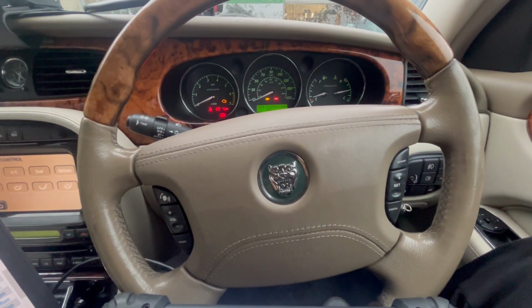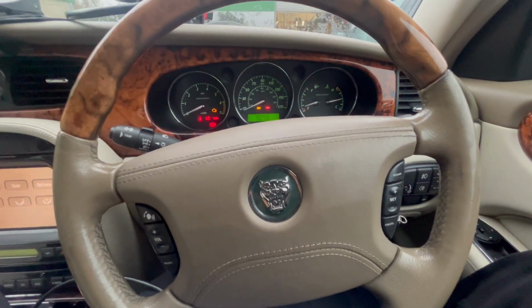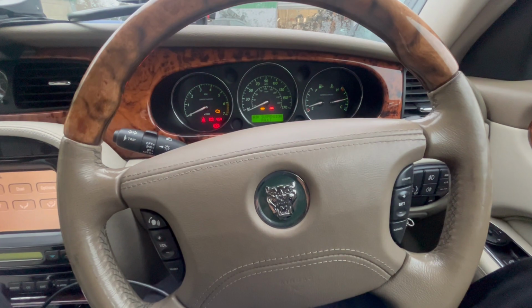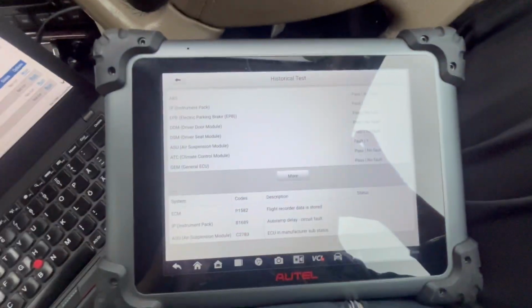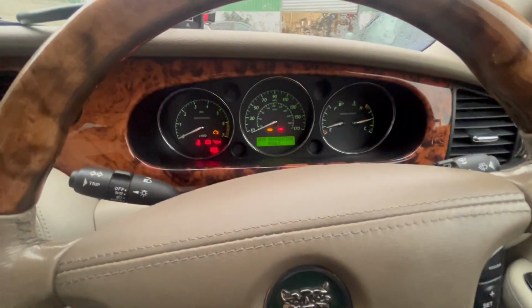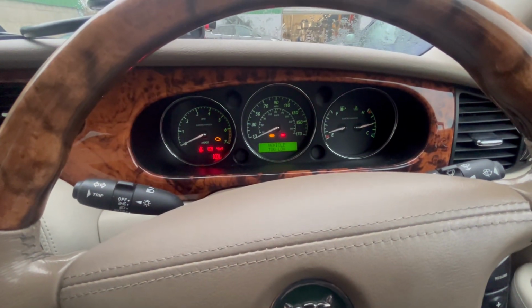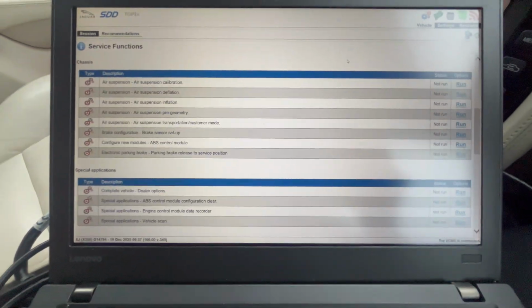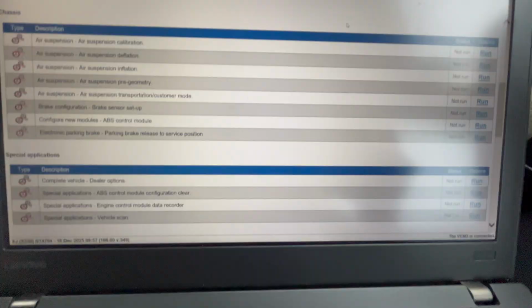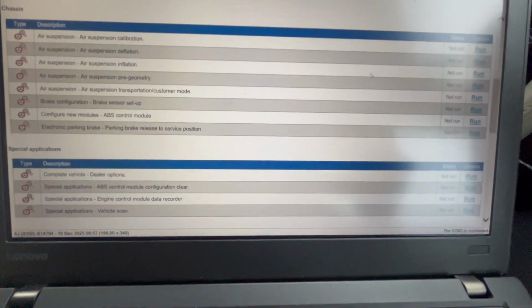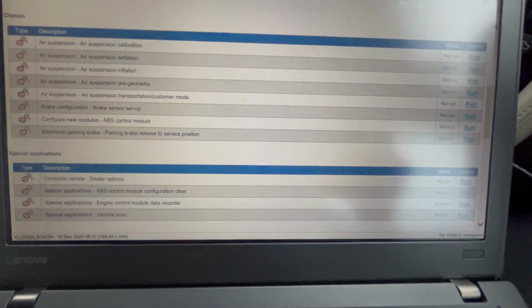So what we're going to do is scan it with SDD, the official software, and I know that there's a function in there that can take it out of basically transport mode and put it into customer mode, which is basically where it's working. So we'll get that now. We've got it up, we've scanned it through, we've gone through all the bits that we need to. As you can see on here, there it is, the air suspension transport customer mode. So we'll run through this